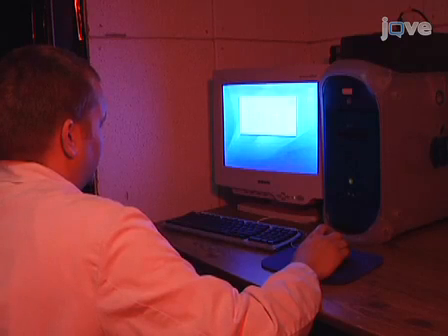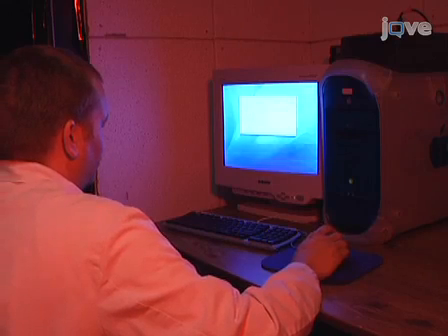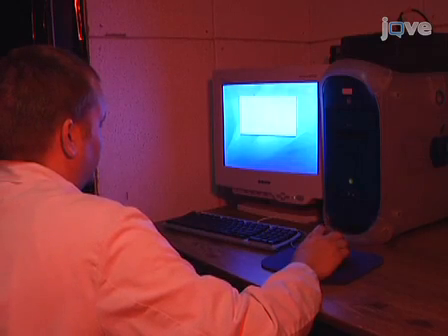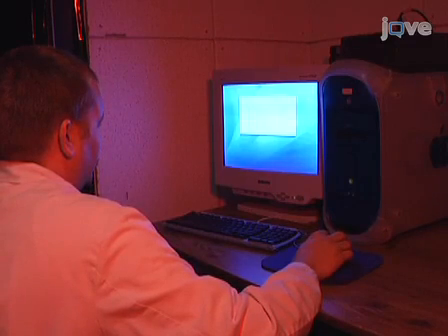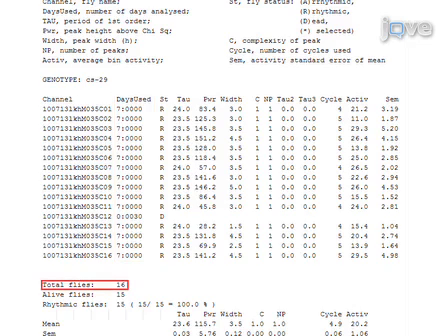Free-running locomotor activity rhythms are measured under constant dark and temperature conditions after the entraining period. The setting for the light cycle can be changed any time in the dark phase on the last day of LD, such that the subsequent day of the experiment represents the first day of DD. 7 days of DD data collection is sufficient to calculate the circadian period and amplitude or strength of rhythm of the flies. In general, a sample size of at least 16 flies is necessary to obtain reliable free-running periods for